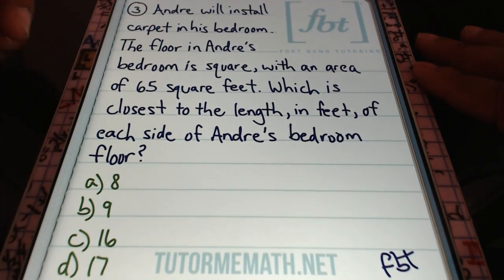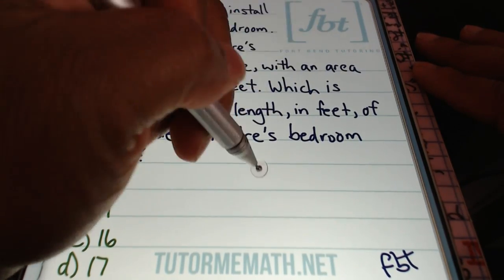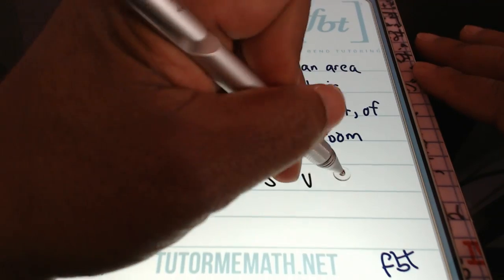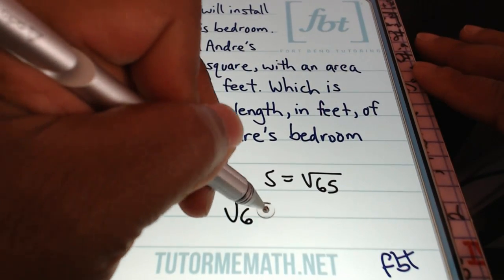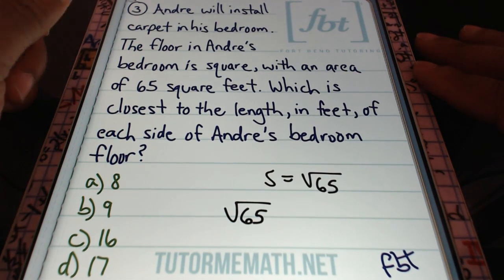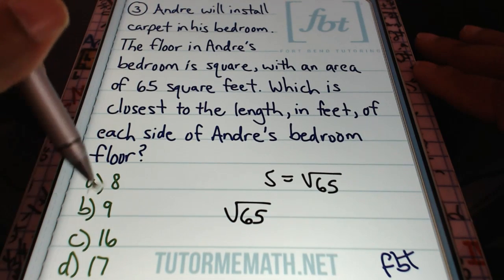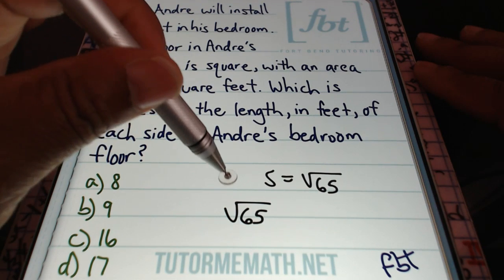All right. So here we have it. We already just said that we would end up with the side being equivalent to the square root of 65. So what do we do with that? With the square root of 65, guys, this square root of 65 is not a perfect square. So what we want to use is perfect squares to guide us toward the correct answer. Remember, we're supposed to be closest to the length. We don't need an exact length. So if we're going to be doing this by hand,